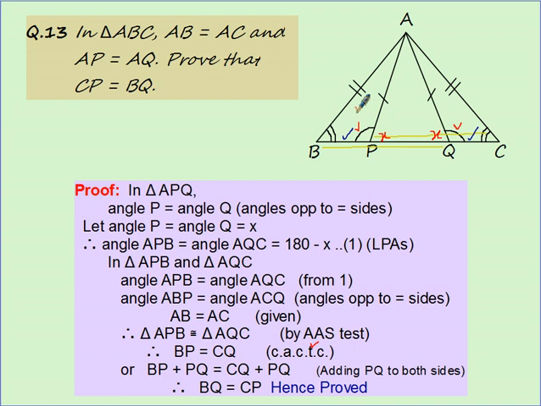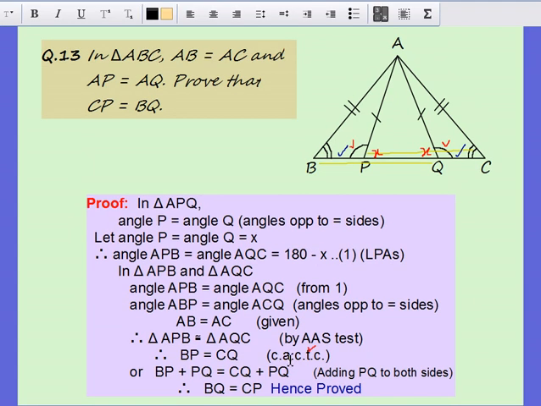Now I am taking these two triangles and I am making them congruent by A. I can apply the AAS test from any side. So I have found one angle from 1, and 1 is angles opposite to equal sides, and AB is given equal to AC. So I applied the AAS test easily, and then I said BP is QC by corresponding side, not angle. So it's better to write P because P covers both. So it is the corresponding side of congruent triangles.